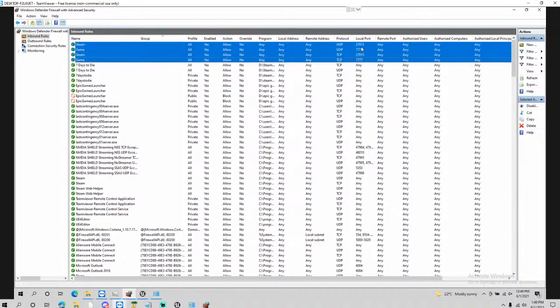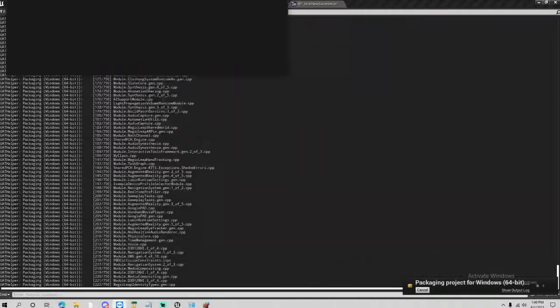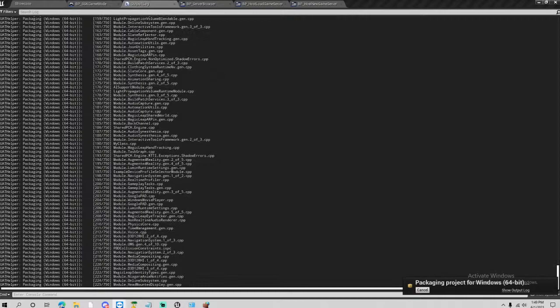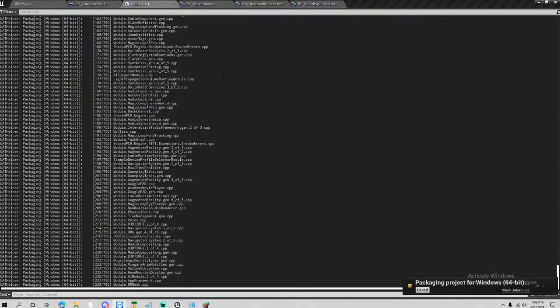So you have to add a rule for all 4 of these. And this will allow it to go through your firewall. Now you still have to port forward through your router. That is a bunch of steps that you gotta do. It all depends on what router you're using or who you're with. So I won't be getting into that. But if you don't port those through,